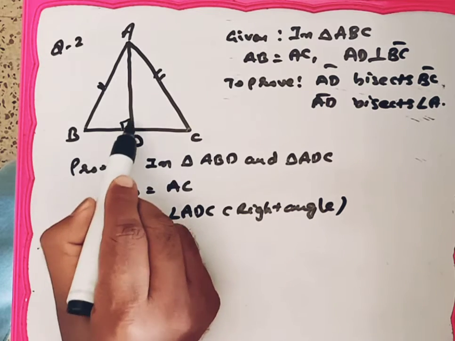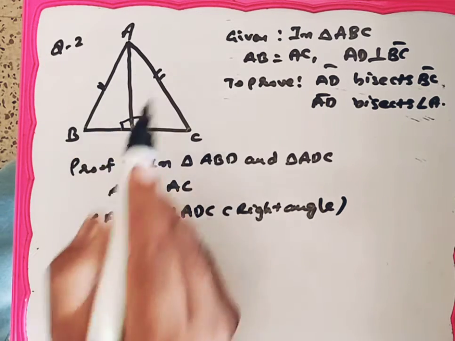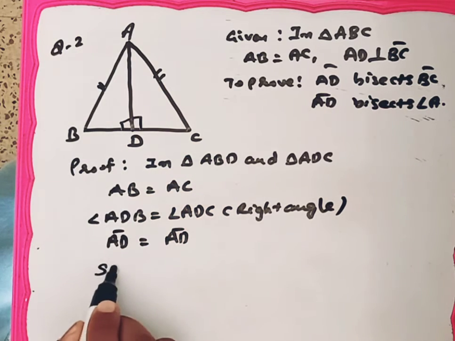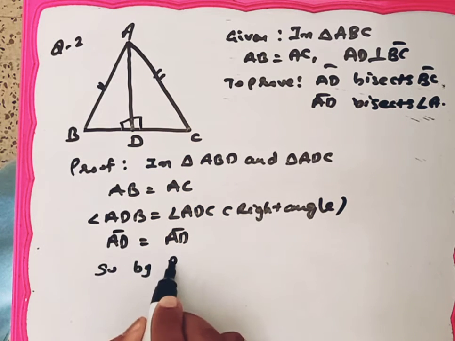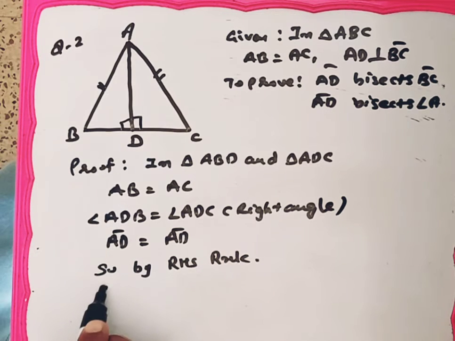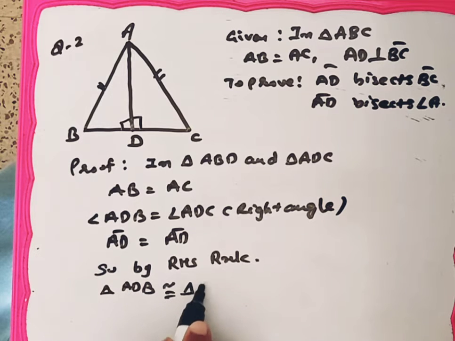So ADB and ADC are right angles, so AB and AC are hypotenuses, AD is the common side. So by RHS rule, triangle ADB is congruent with triangle ADC,